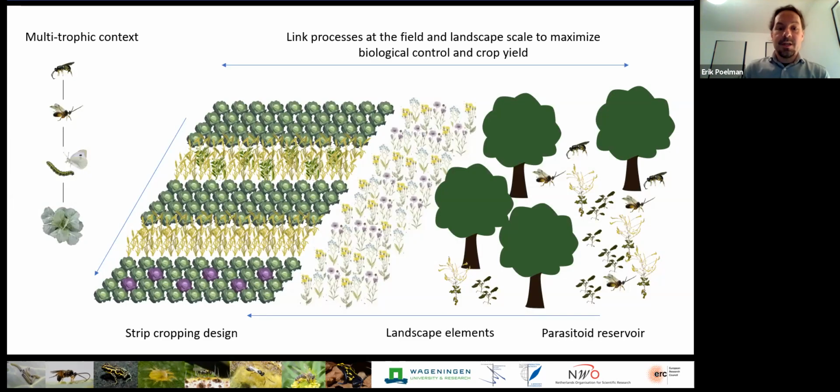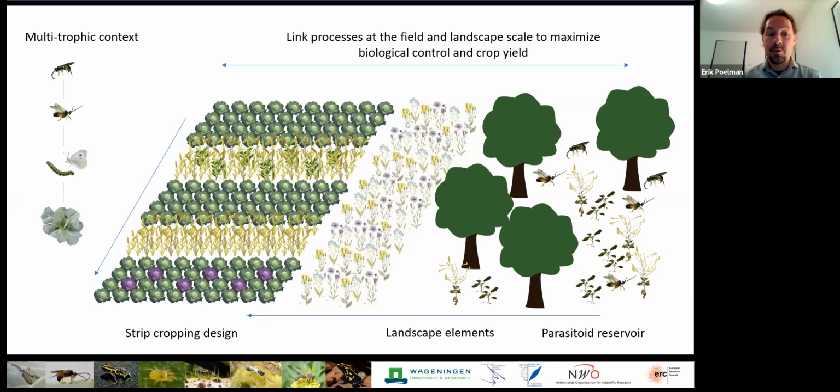Well, to conclude, the final thing that I think is really an important challenge, if we are taking all of these aspects that I've just mentioned into a more applied perspective, where we are going to try and optimize sustainable agriculture, is that we need to start thinking about how we can maximize our cropping designs to benefit from ecological processes, place that in this multi-trophic interaction of herbivores, parasitoids, and hyperparasitoids, and think about traits like attracting these different